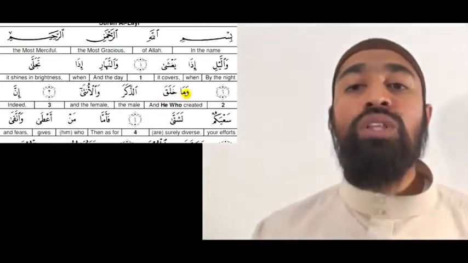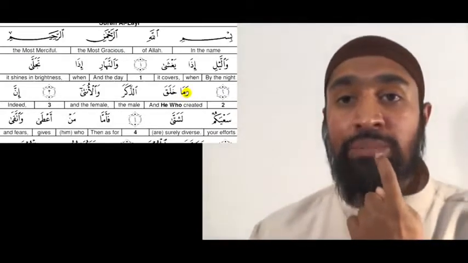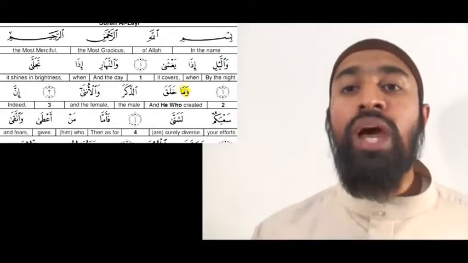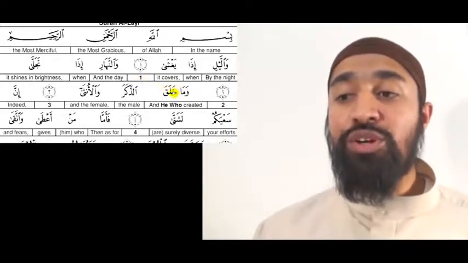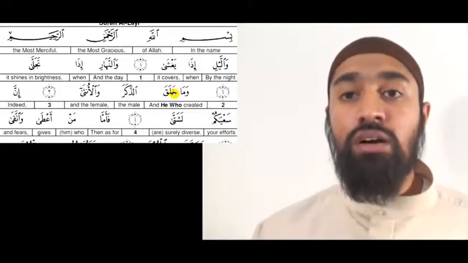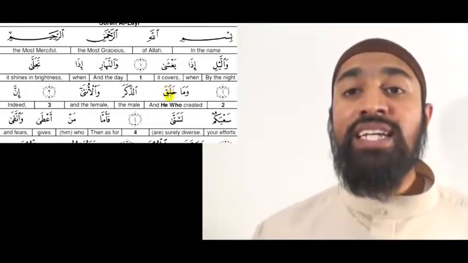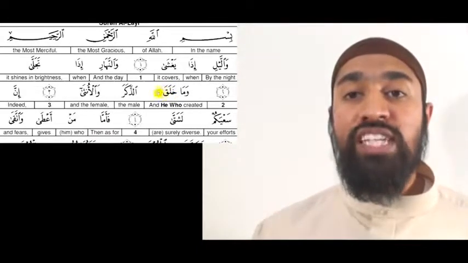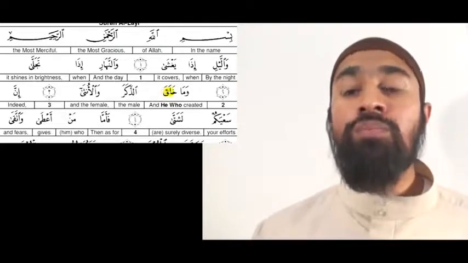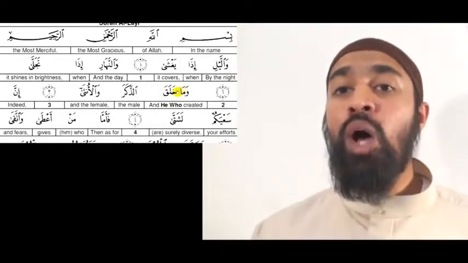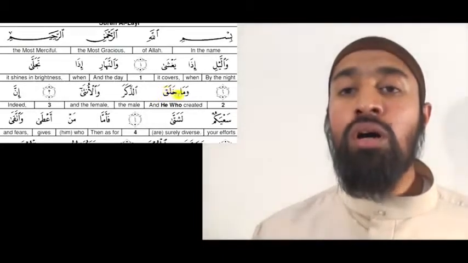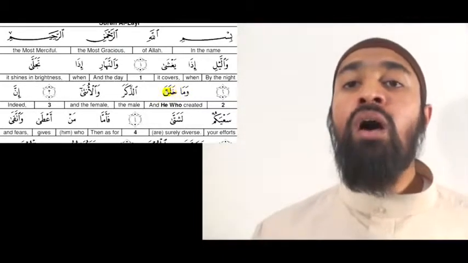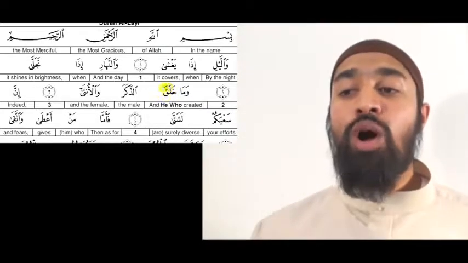Verse number 3 has the heavy light transition going on here. Wama, Waw, letters of the lips. Mim, letters of the lips. Keep them wet. Wama, wama. Kha is the third part of the throat, heavy letter. Kha. Lam is light, La. Qaf is heavy behind the uvula, Qa. Wama khalaqa, khalaqa. Wama khalaqa. Now Qaf is heavy.